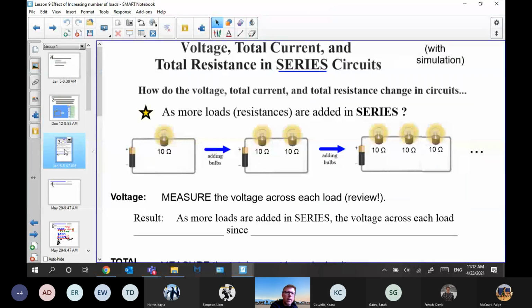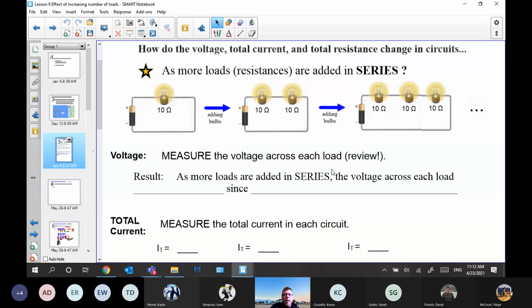And so you're on this handout here now: voltage, current, total resistance, and series. I want you to use the simulation to make these circuits and see what happens. I've made this handout to make it very step-by-step and easy to go through. And just notice, of course,